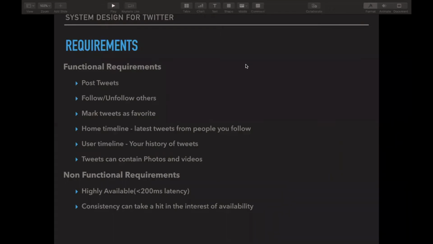So the design is similar in format to the way we discussed the URL shortener. The same template we are going to follow. We will gather the requirements, and then from that we will design the further system. And as I told you, keep this template in your mind, that you need to gather the